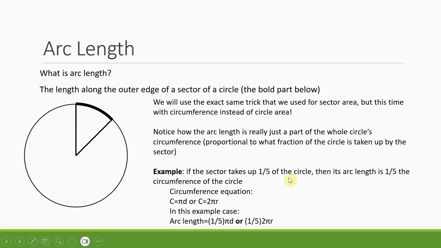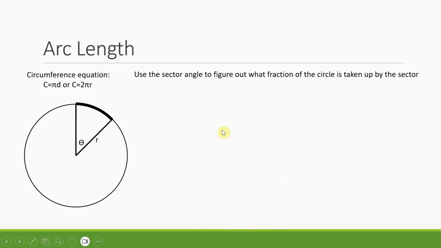So, in this case, if the sector is 1/5 of the circle, then I can put 1/5 in front of either of these two equations, and I'm going to have my arc length. So 1/5 pi d, or 1/5 2 pi r. So, just like with sector area, let's take a look and figure out how this actually looks